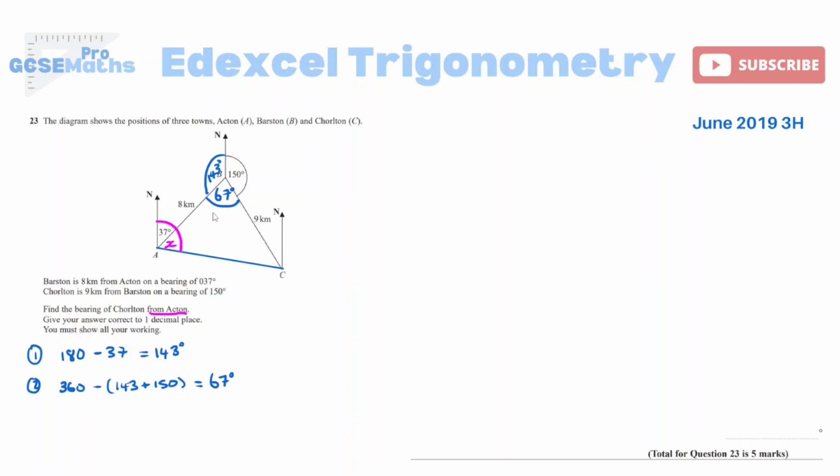In the case of sine rule, you need 2 pairs, 2 angles, 2 sides, and they have to be opposite each other. So for example, the 9 kilometers is opposite the angle that we want, so that is a helpful pair. That would be angle A, and let's call that side A. However, do you see how angle 67 is opposite a side that we don't know? And equally, the side that we do know, 8 kilometers, is opposite an angle we don't know. So we don't have that second pair. So there's obviously going to be another step that we need to take before I can just directly work out